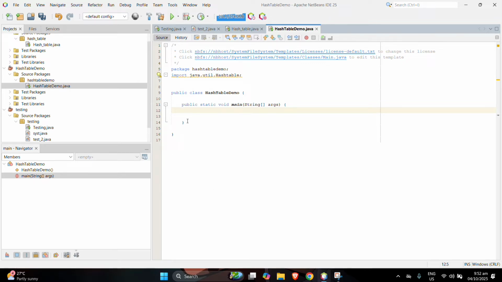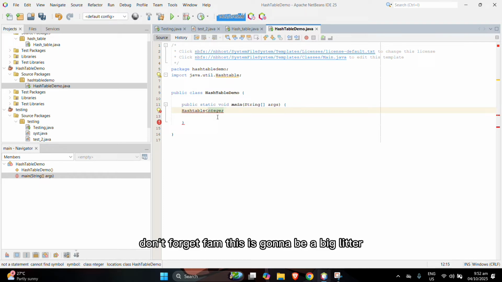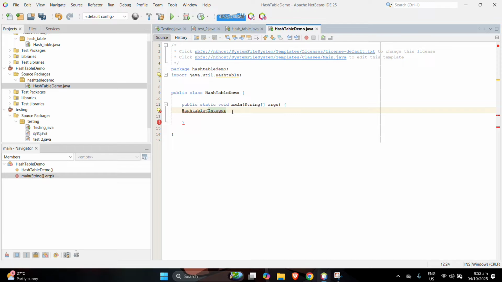I'm just going to write it here: Hashtable, Integer, and don't forget, fam, this is going to be a capital letter, Integer, then String, table, then equals new Hashtable.